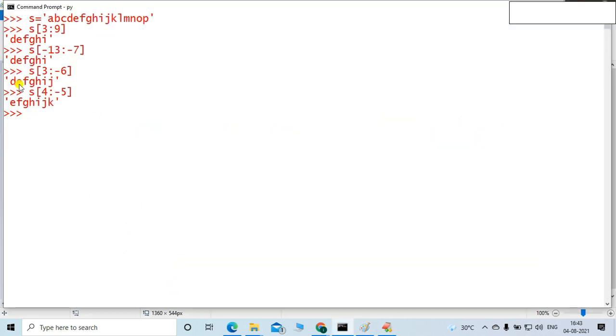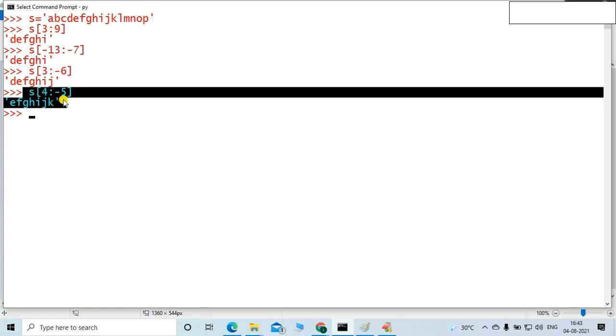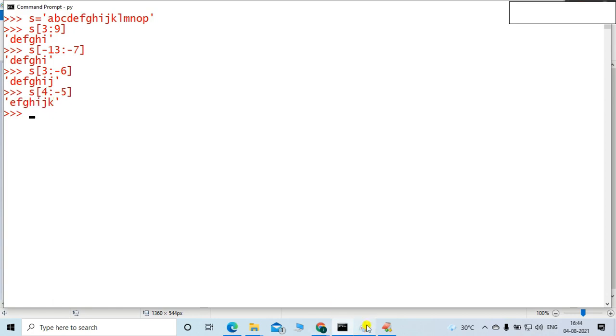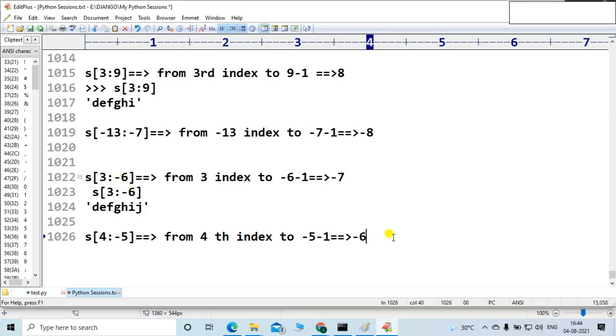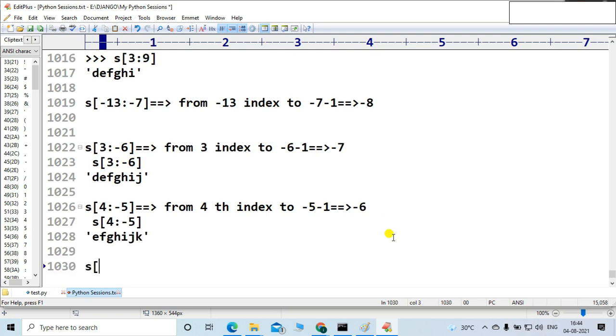Okay. Let me copy paste this result. Let me take a few more examples so that the concept will be clear and there will be no confusion. You can tell me too. Let me take, or I will just write it randomly, 3 to minus 4. Now in this case, what will be the result, friends?